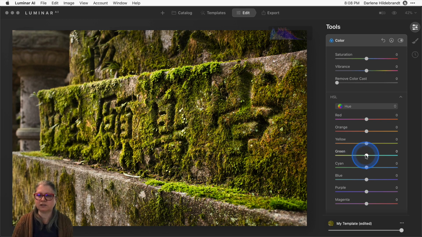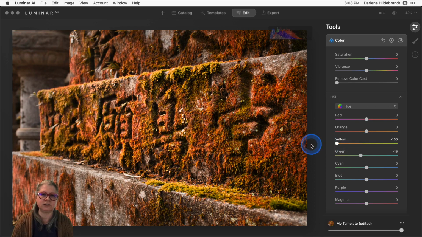In this case, if we go to the left with the green slider, it gets more golden. You can see that it goes to extremes, and what it's doing is affecting the green tint of anything that picks up green in that image to the warm side or to the cool side. So I'm going to go a little bit warmer, and the same with the yellows as well.